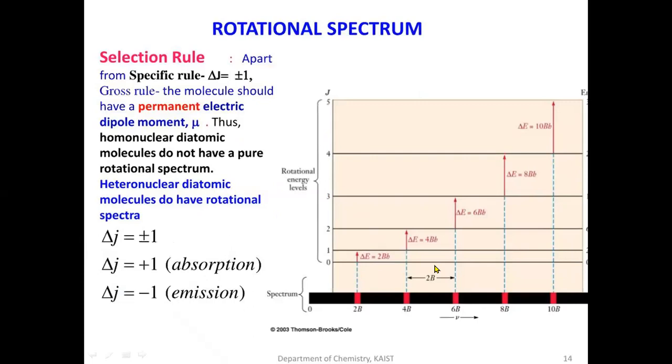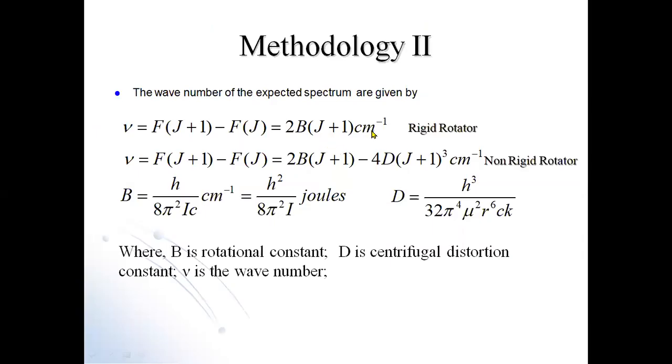Similarly, when you have a transition from 2 to 3, you have to take J equal to 2 in this expression. So dear friends, you have to use this formula and find the wave number of each line. And compare this result, the wave number which you calculated with the help of a rigid rotator,